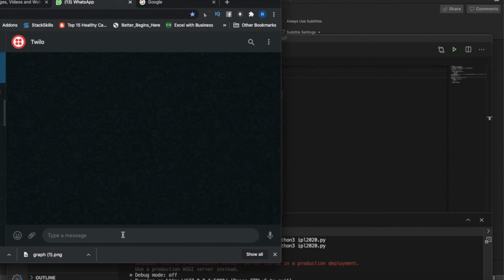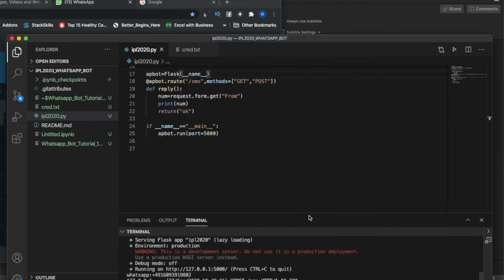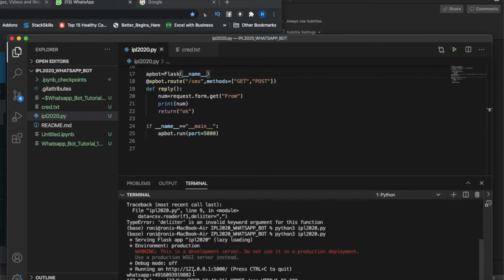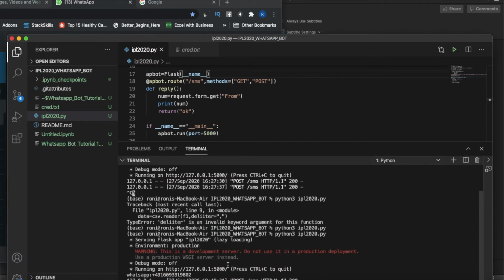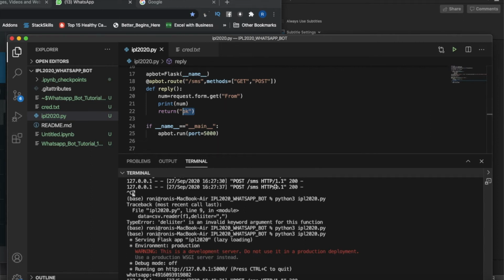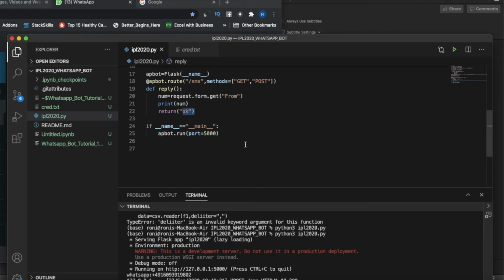So let's write hi. Okay, so see, I got my phone number over here. See, this is my number, and in return it is actually returning something, but just because I am not printing anything, you will not see it. But it is fine, I'm getting my number over here. Now it should check whether the user is sending a message to this bot for the first time or not. We'll check that. So all our initial setups are completed. Now we'll do the remaining part.